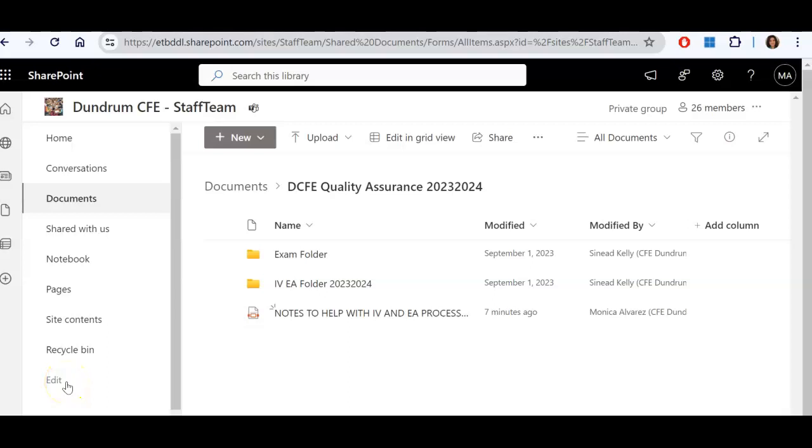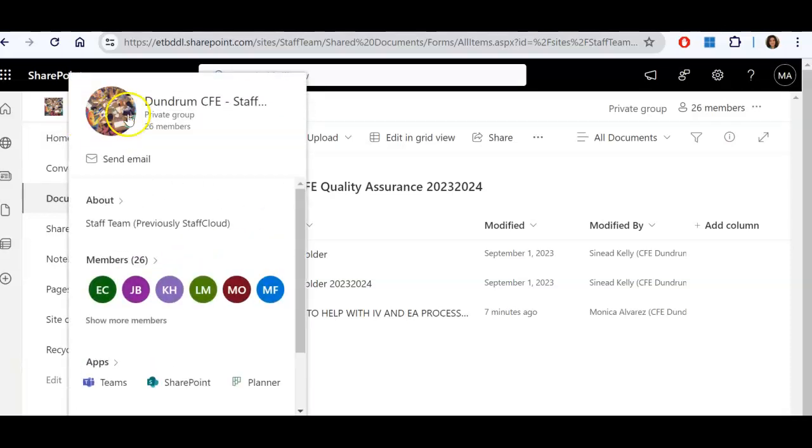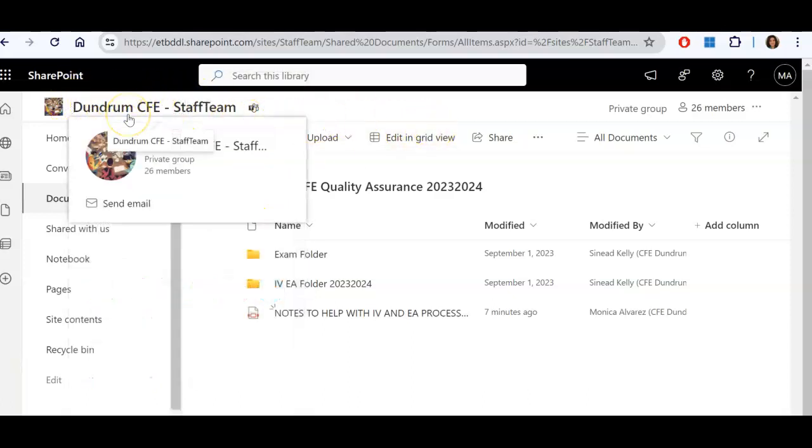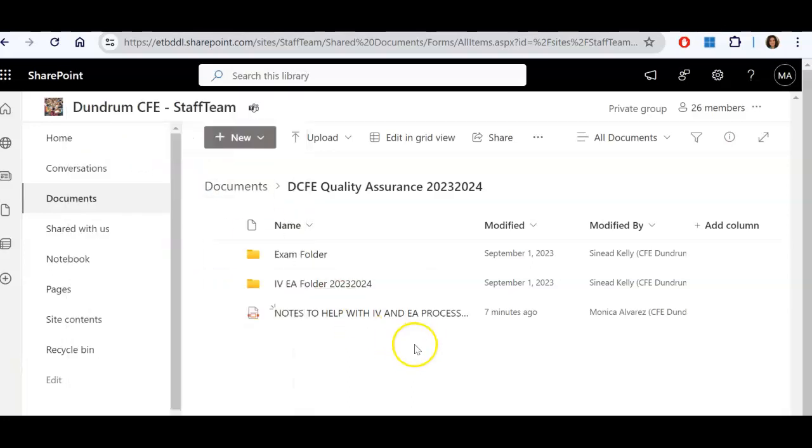Hello, this video is designed to help you with your internal verification process and the external authentication process in Dundrum College of Higher Education. The first thing to note is how to access your SharePoint in Dundrum CFE staff. When you're given the link to access this, you will find these three folders. The first one is the exam folder, the second one is the IVEA folder